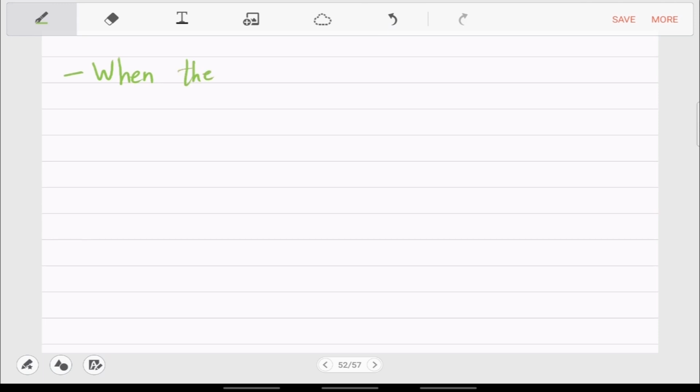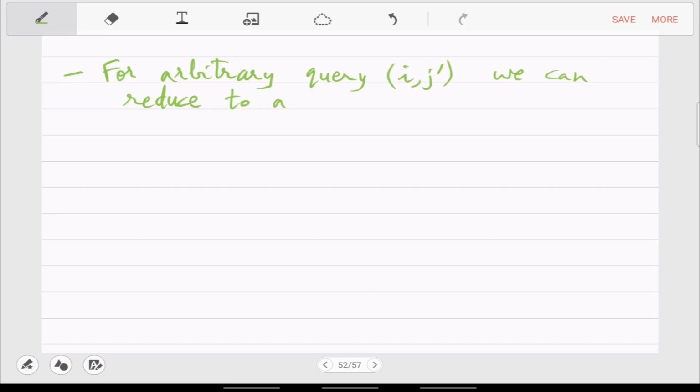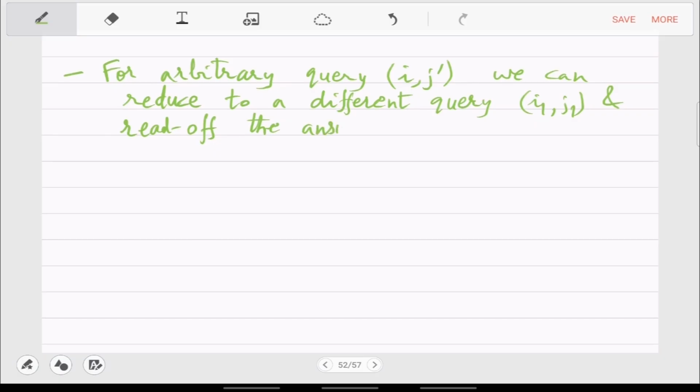When the query i j is arbitrary, we can reduce to a different query, let's say i1 j1, and just read off B. So from the B array, we want to just read off answers, but it will not just be one answer.